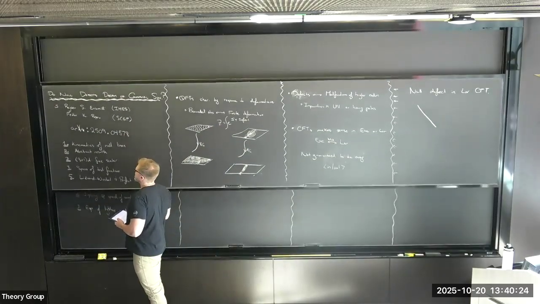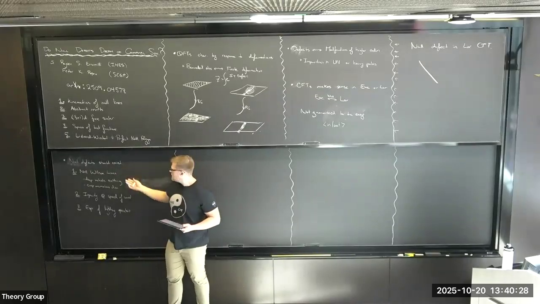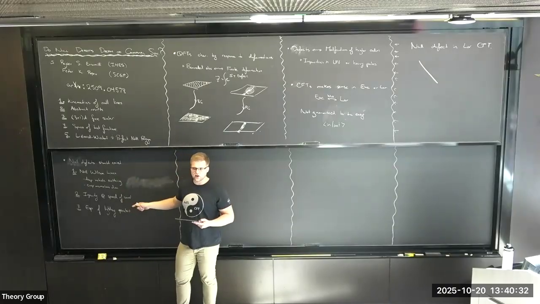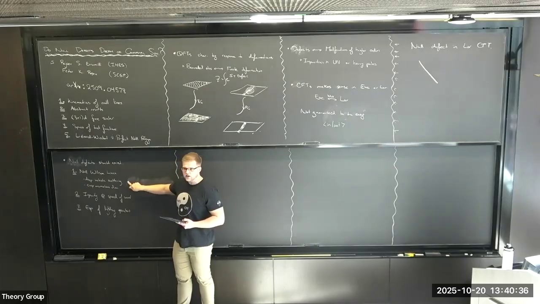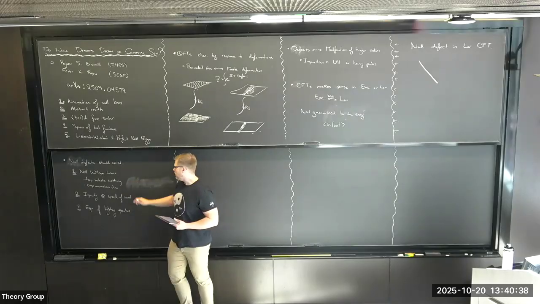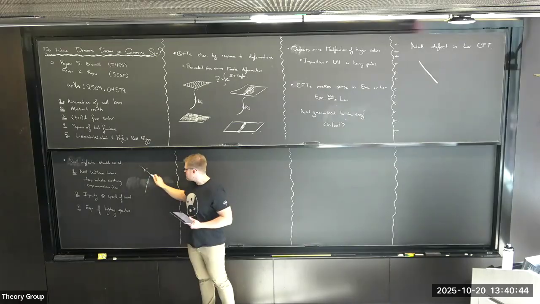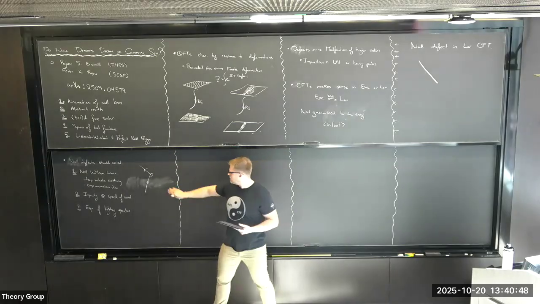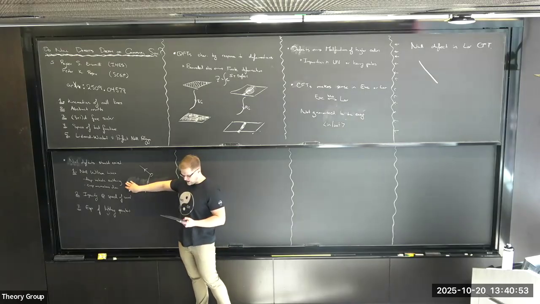Now, you might say, do these null defects even exist? But I claim null defects should exist because, first of all, null Wilson lines have been extremely useful in our understanding of quantum field theory. So these are useful for understanding deep inelastic scattering, and in particular, a really nice observable with null Wilson lines is what happens when you bend or crimp a null Wilson line and you get some sort of cusp anomalous dimension associated to this bending. And this observable, the cusp anomalous dimension, is very important again for deep inelastic scattering.